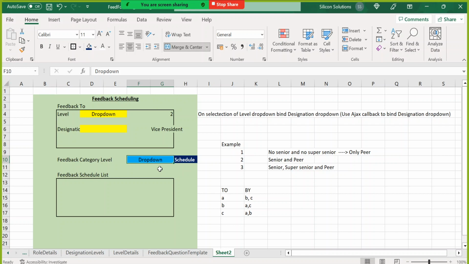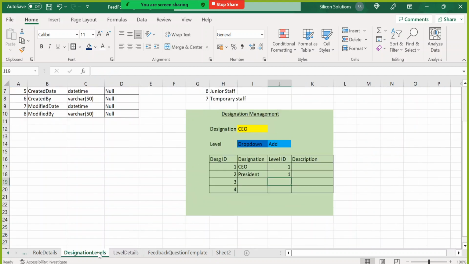Category level 2 means senior level. So that means who are all senior to vice president. That is the meaning. So now tell me who are all senior to vice president. Check it out here, if vice president is available here,